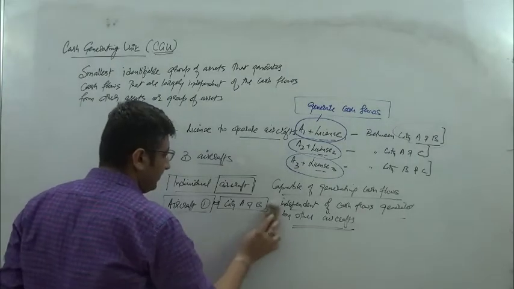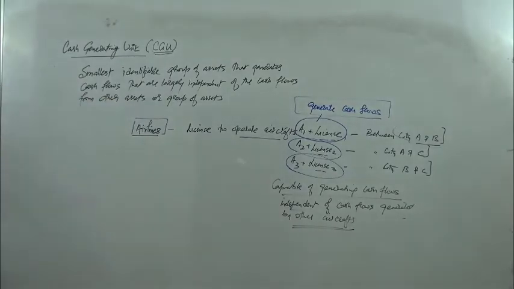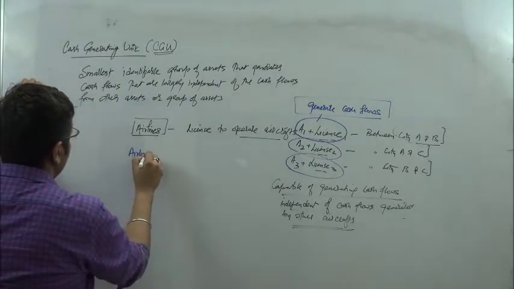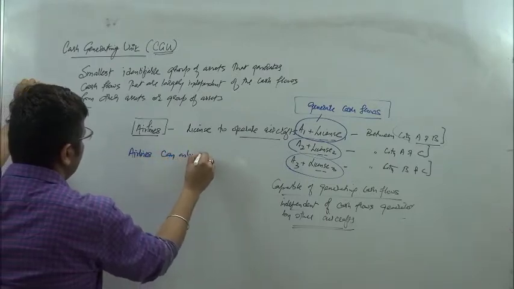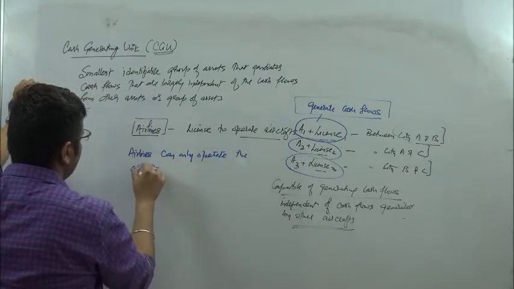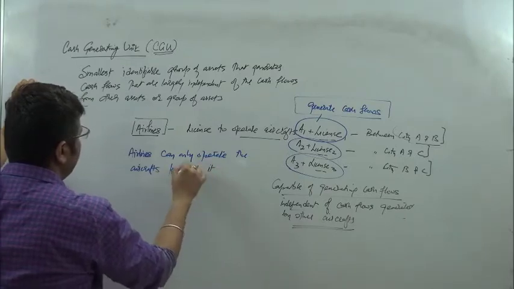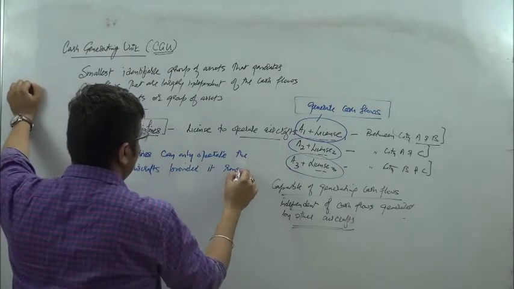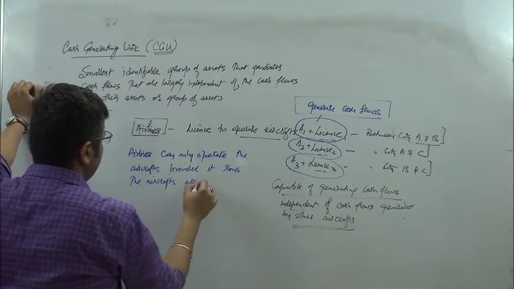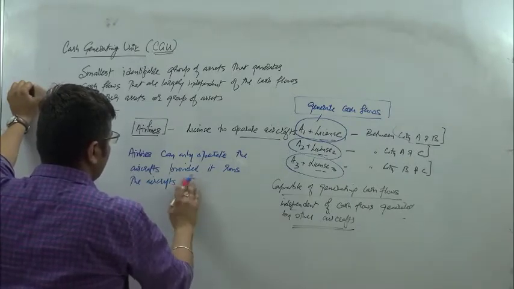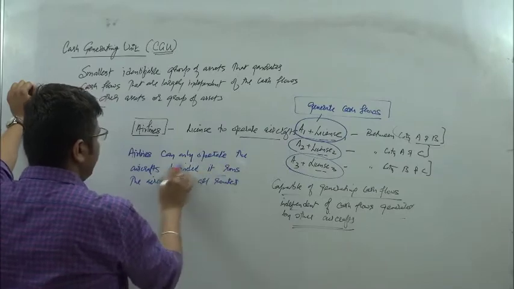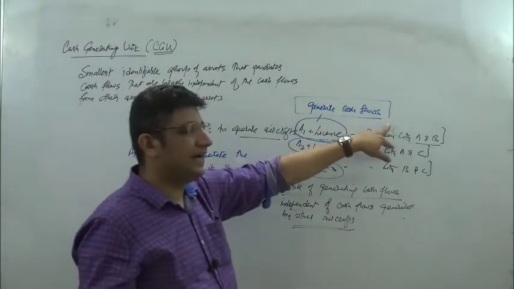Let's say, for the sake of argument, that the airlines can only operate the aircrafts provided it runs aircrafts on all routes, right? So let's say there could be a route A and B, which is very, very